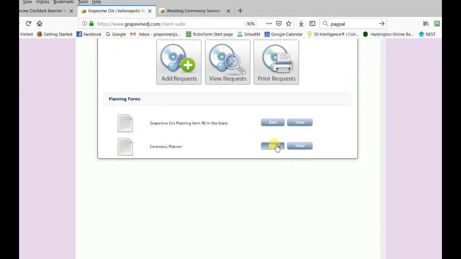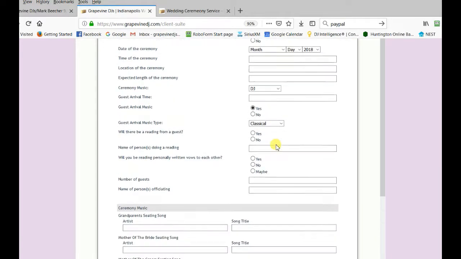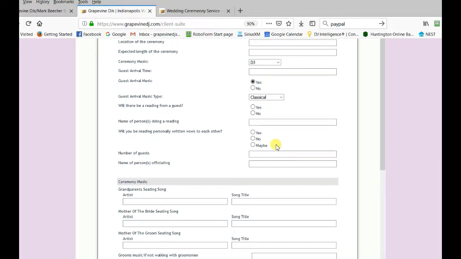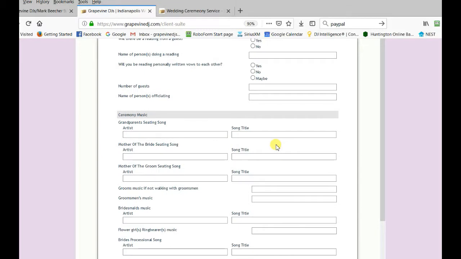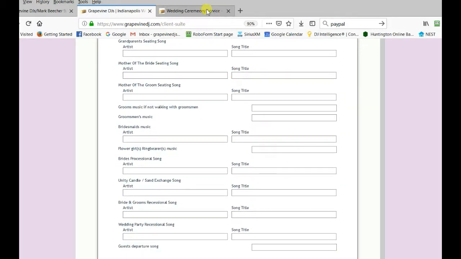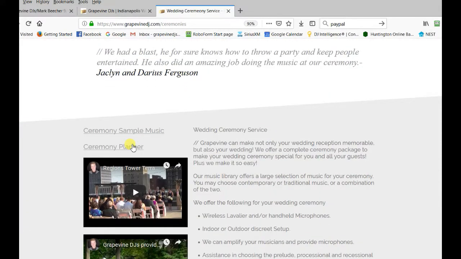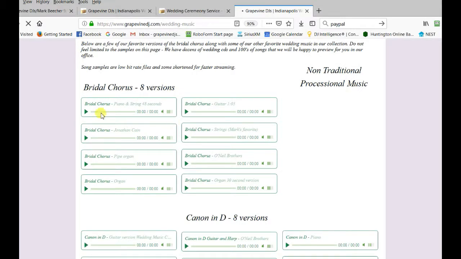Here's the ceremony planner. Same thing, it's fill in the blank. You might need some help with this, picking out your ceremonial music. On our wedding page of the website, you click on ceremonies. It will take you to a link that says ceremony sample music, and this has a lot of song samples,